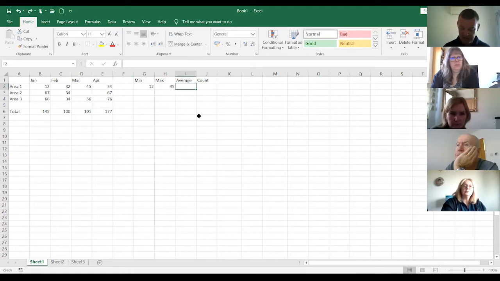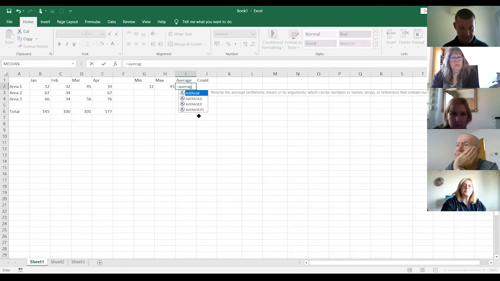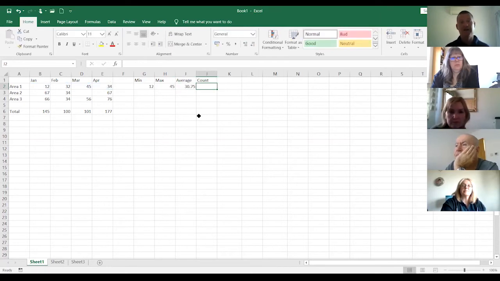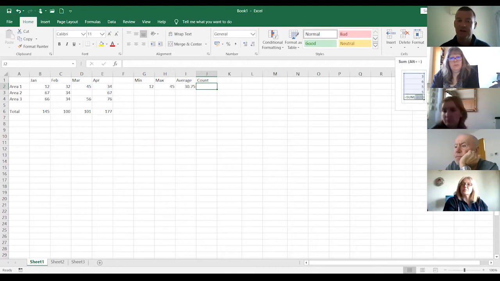Average is really tedious because you have to type the whole word in. Just cheated there. B2 to F2, close the brackets, hit return. And the same thing with count. What you can do is you can cheat a little bit. Over here on the auto sum, if I click on the drop down to the right,